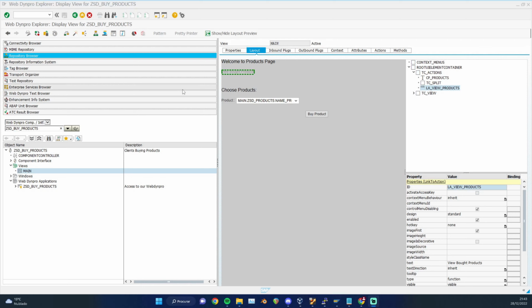What we're going to do today is a table. We're going to create a table in Web Dynpro with the link, and we're going to use the link action. But first of all, I'm going to show you one thing that we needed to show on our table, because we already did the buy product event that we put on the table CSD by the ID product,